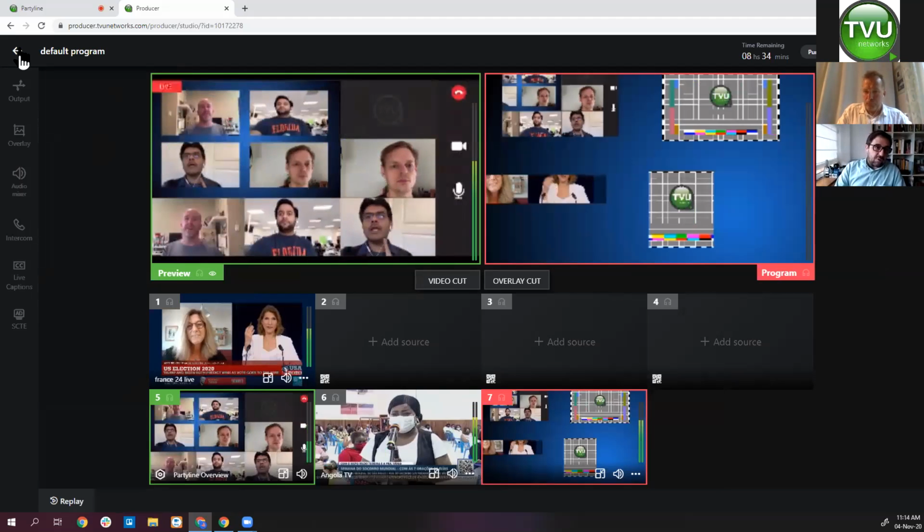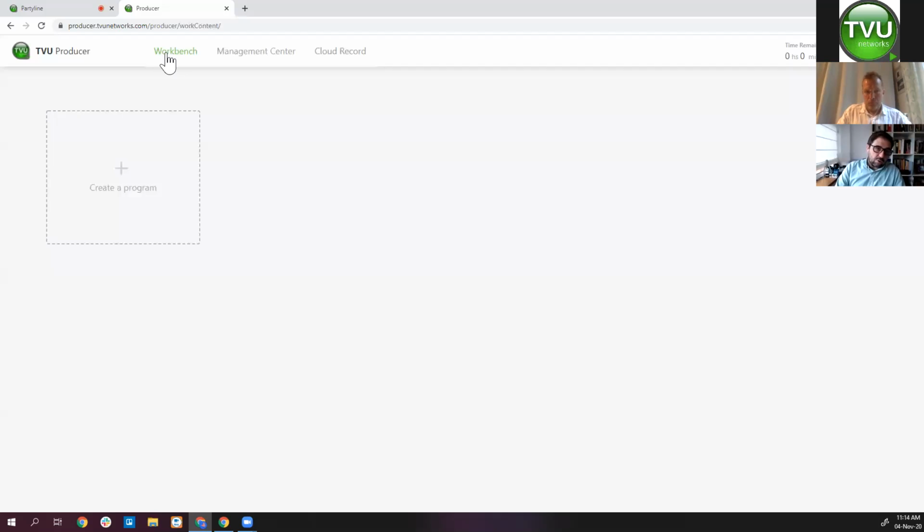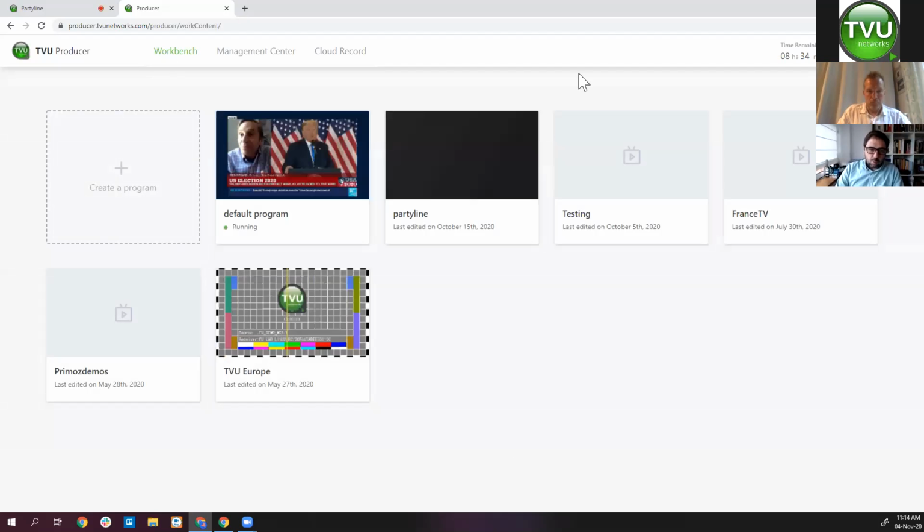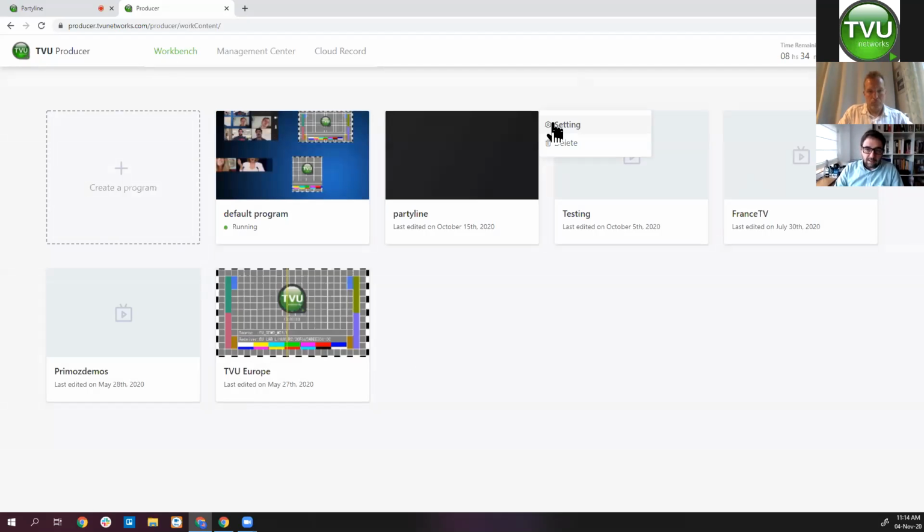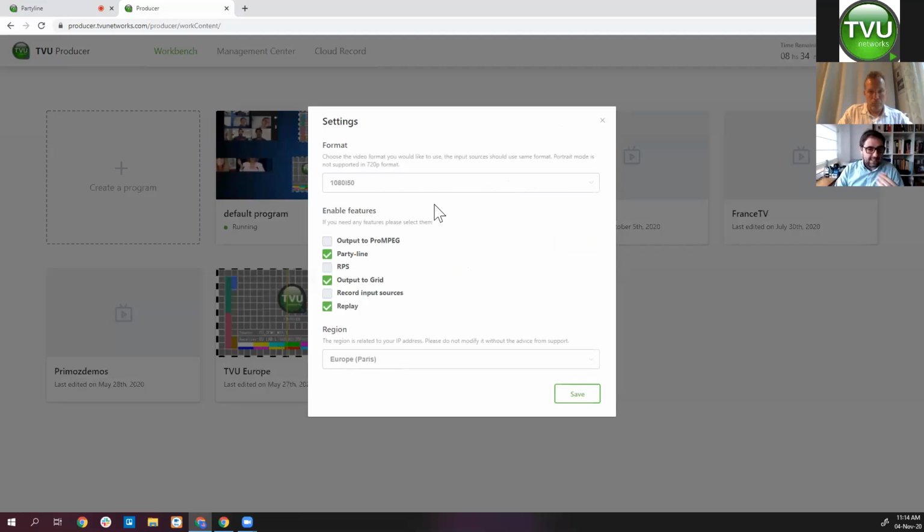Other things that are interesting, I'm going out, is the workbench. Workbench is where you can store all your programs that you are preparing. For each program, you have different settings. Settings are the output to MPEG, the integration with Partyline that I will show you later, the